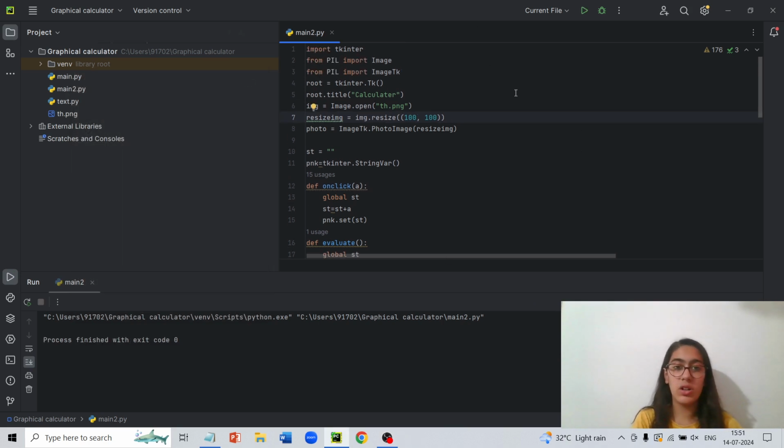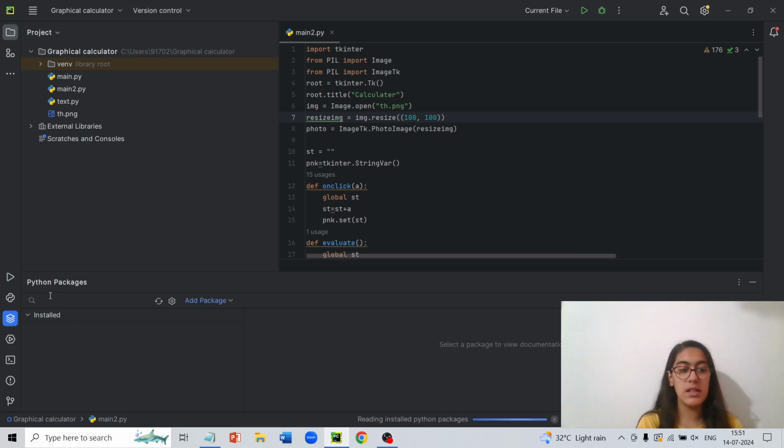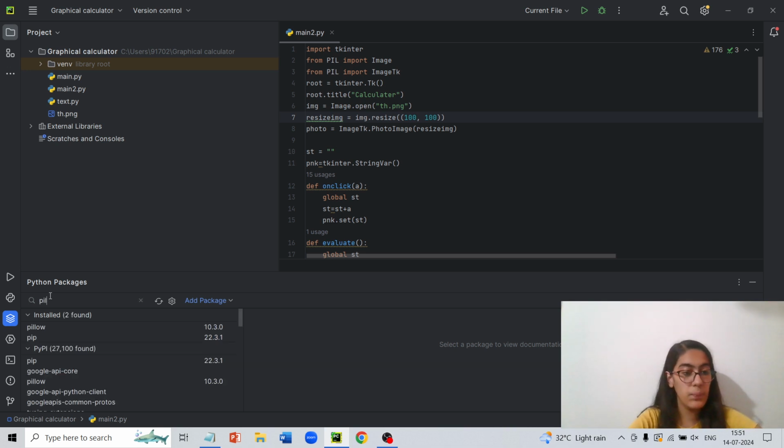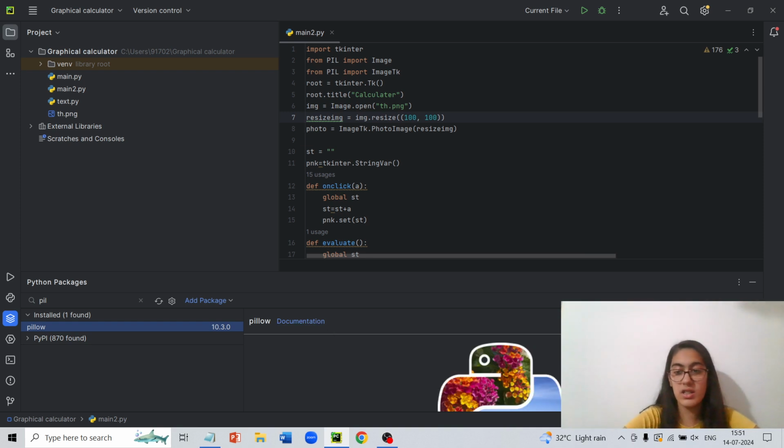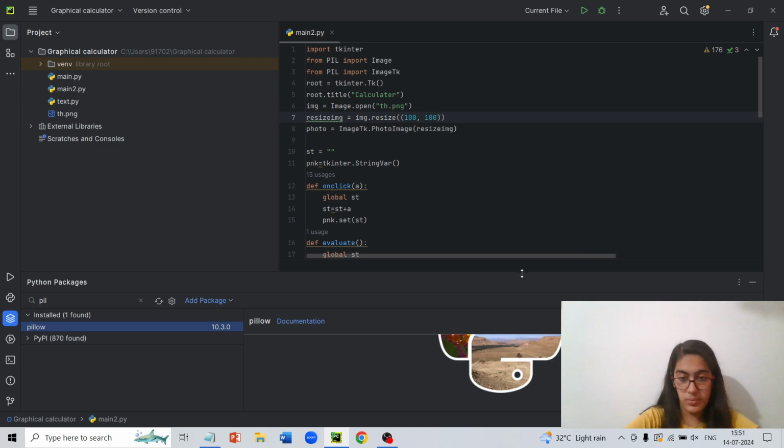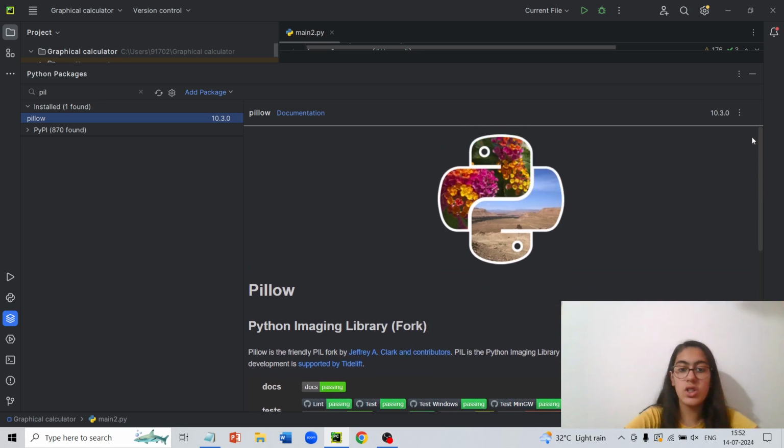Now just so you know, before all this, if your program isn't still working, what you can do is you can check over here in the Python packages, on the bottom left corner, if your PIL is imported. PIL should be installed. So let's just search PIL. It comes pillow. Over here it should come once clicked. Pillow documentation. This is how pillow looks. So let me just increase the size and I'll show you. This should be imported so that image can come. Python Imaging Library. So Python Imaging Library means to add any image inside the Python, we need to import pillow. So ensure that this is done.